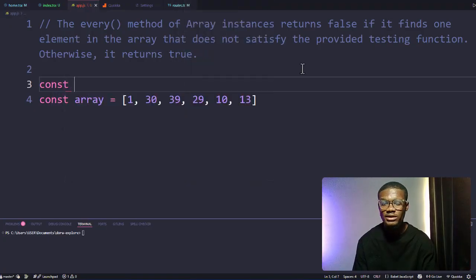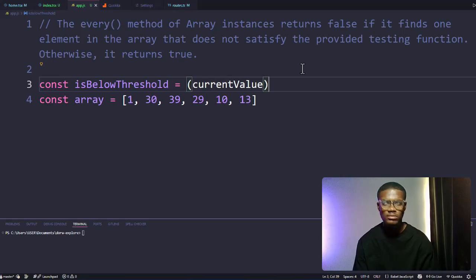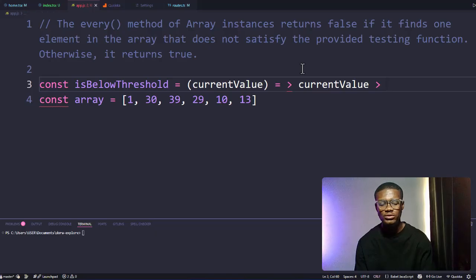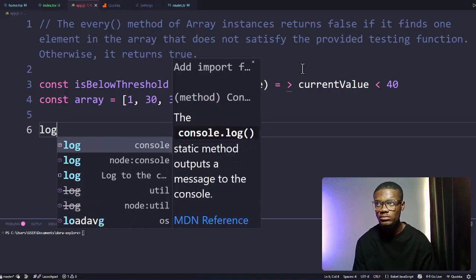We are going to create a variable that stores a function that we will name isBelowThreshold. The parameter will be the current value. The current value should always be greater than 40. Less than 40. Current value should be less than 40, not greater than 40, because there's no number that is greater than 40 here. Now, if we are to log it in our console, we'll get